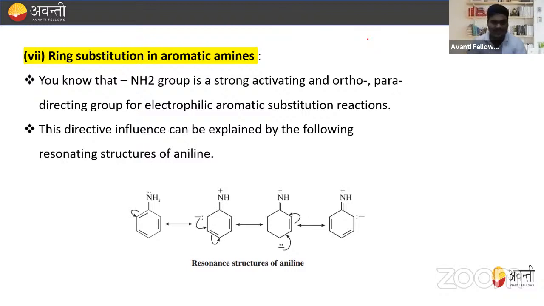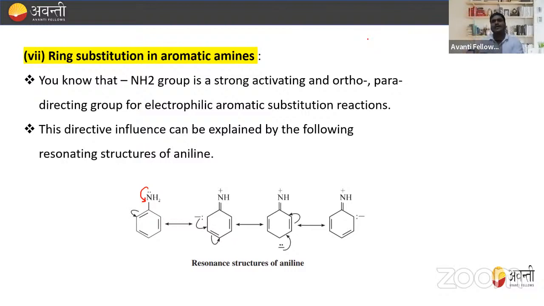For example, we have an aniline, NH2. We know that aniline has a lone pair of electrons, so it has a tendency to donate this lone pair of electrons to the ring. So we can observe that at the ortho and para positions, we have maximum electron density. So from this we can say that